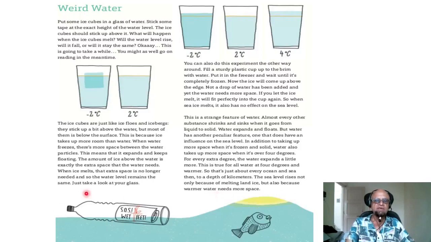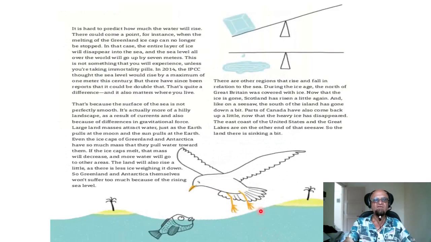So we have always had these stories about a message in a bottle. So you put some message in a bottle and seal it up and it floats on the water. You throw it into the ocean, it goes around and somebody else gets it and opens the bottle and looks at the message and sends you a reply. And the fish here is looking at the ocean warming up and increasing in volume. It's hard to predict how much the water will rise.